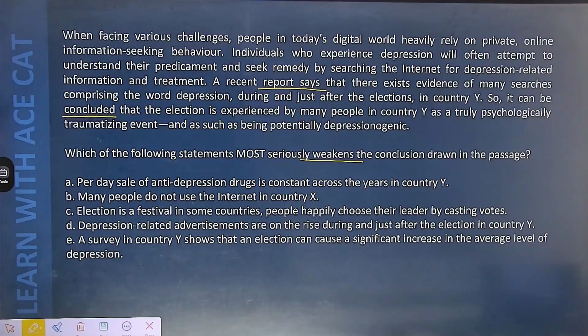Okay, so students, we need to find out the option which actually weakens the conclusion. Coming on the first one, per day sale of anti-depression drugs is constant across the years countrywide. I think students, the very first option can be logically the correct answer, because the first option says